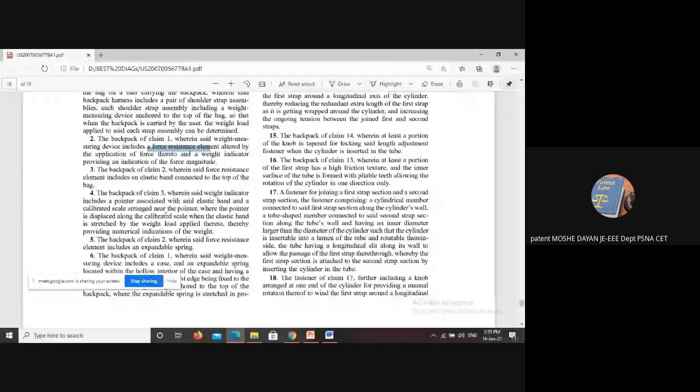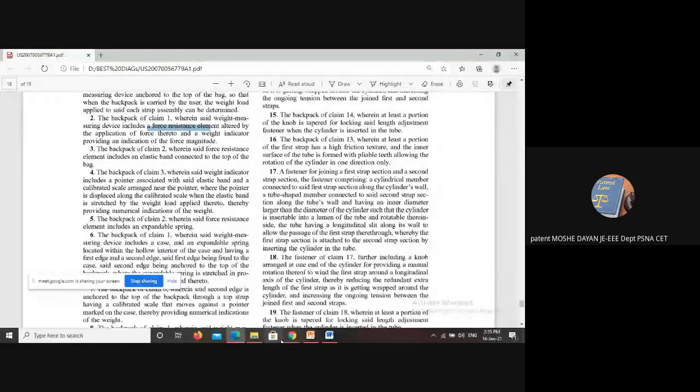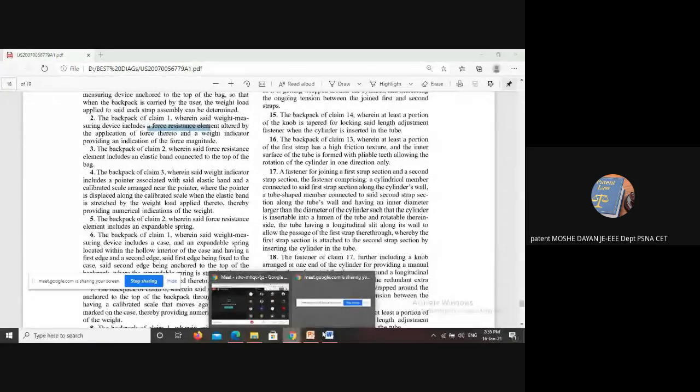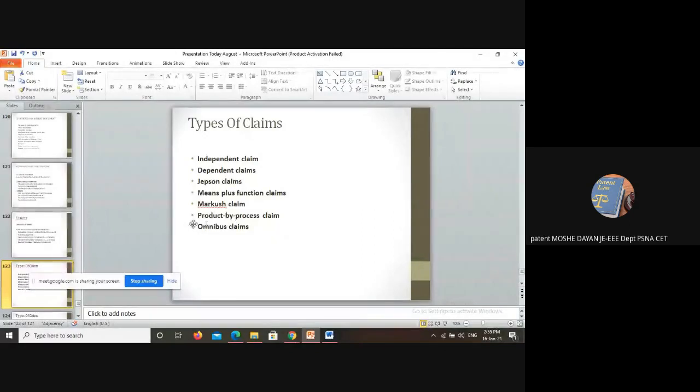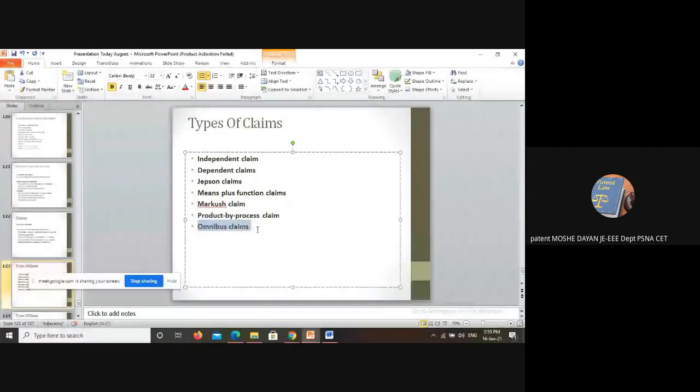When you claim for the whole product, that particular claim is called an omnibus claim. Okay, what is called a Jepson claim? When you have a particular invention already, and you are making an improvement to the existing patent or the existing invention, you go for a type of claim called Jepson claim. What is called means plus function? A product having a particular function is explained with the help of a means plus function claim.